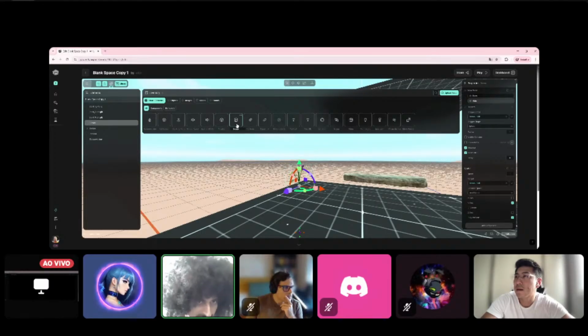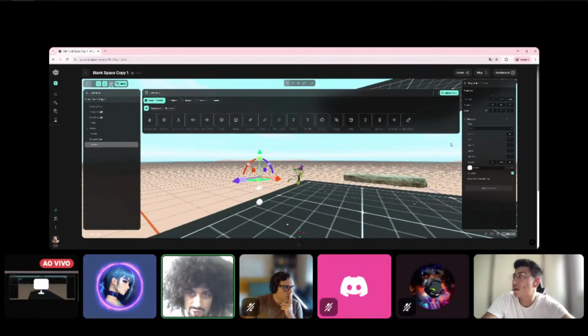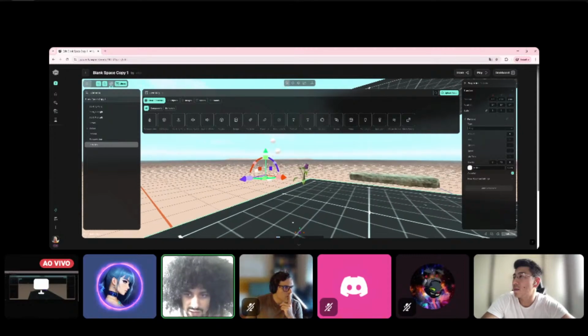Image, it's images. A particle system, if you want to use as well, with a bunch of setups, gravity, the type of particles, if it's like a ring, or